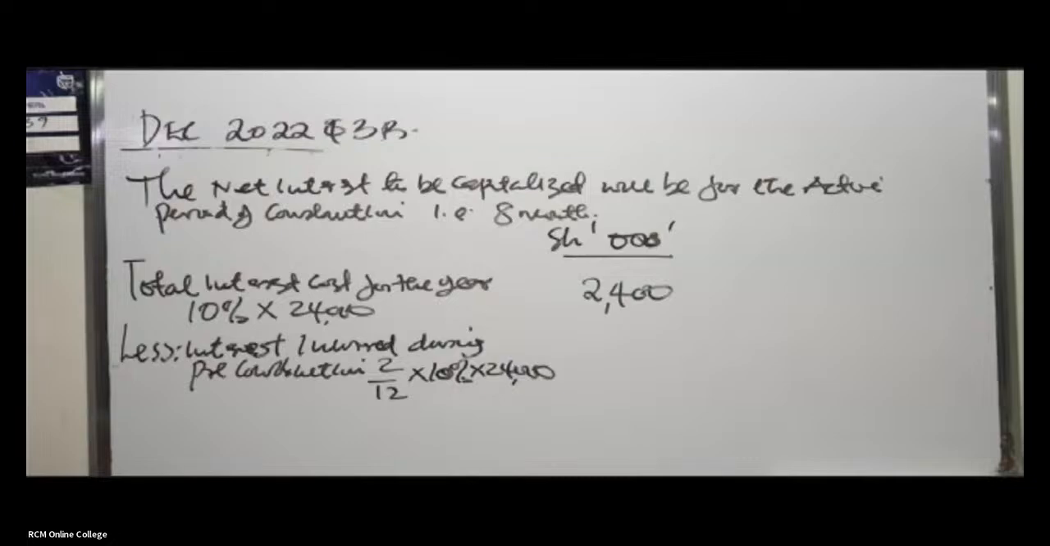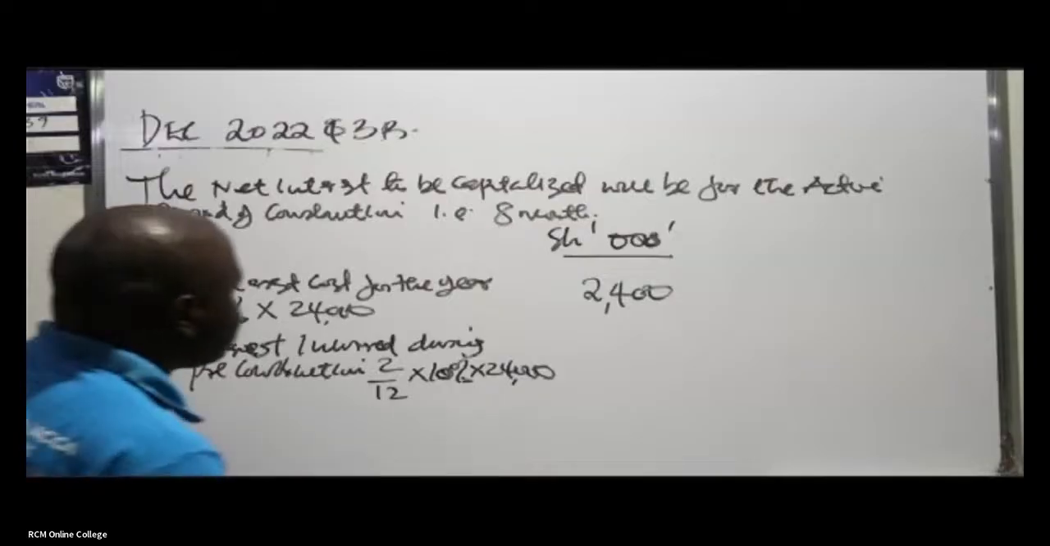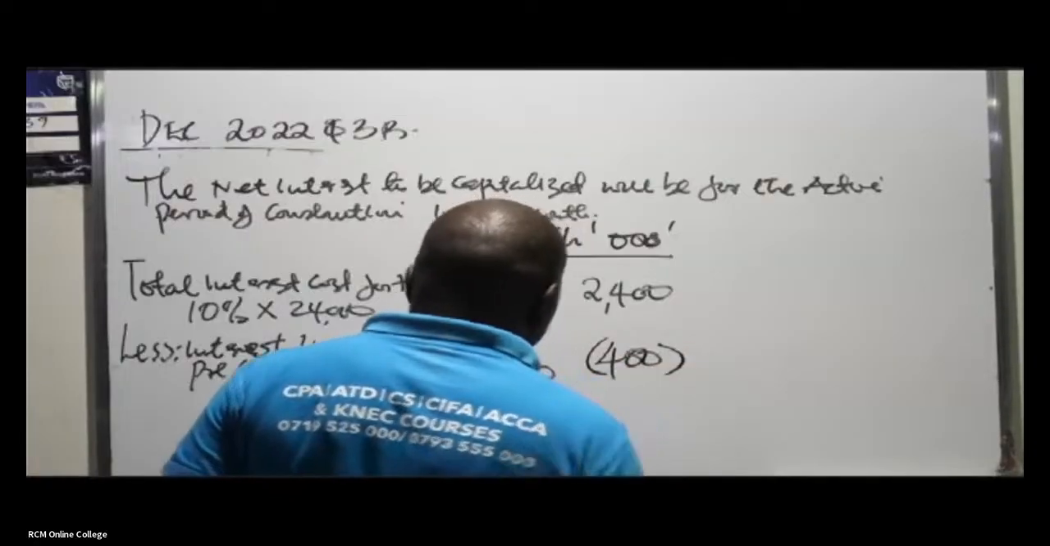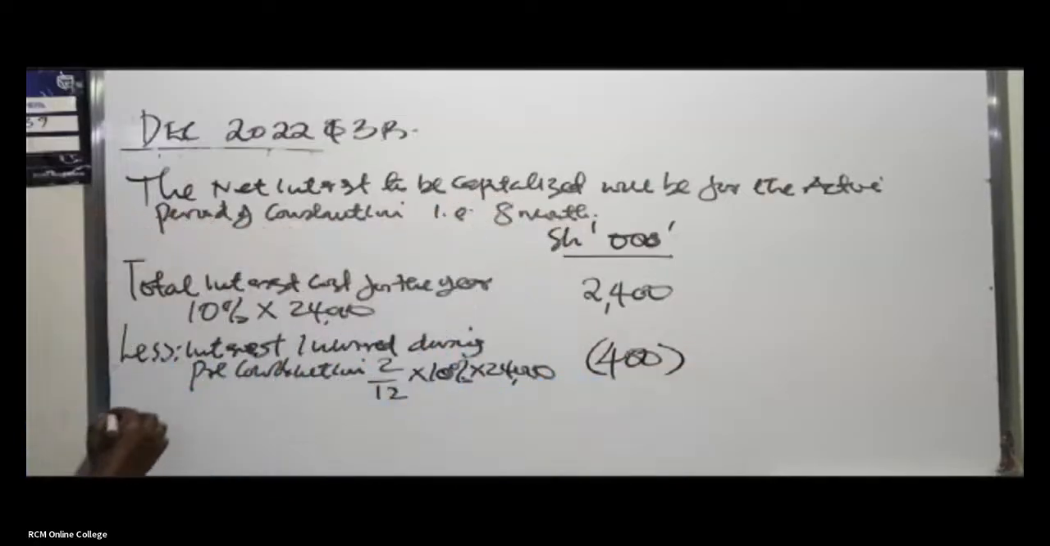You'll get a figure there. 2 out of 12 multiplied by 24 million multiplied by 10%. You get 400. So in this case, you have to less it because it is not supposed to be part of the borrowing cost. Then also there was a dormancy period. So less interest incurred